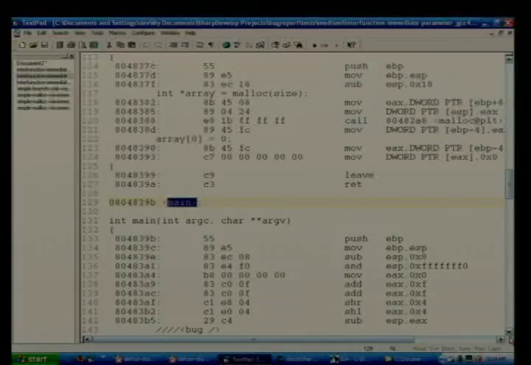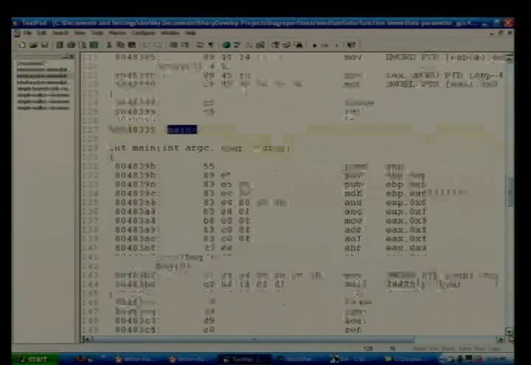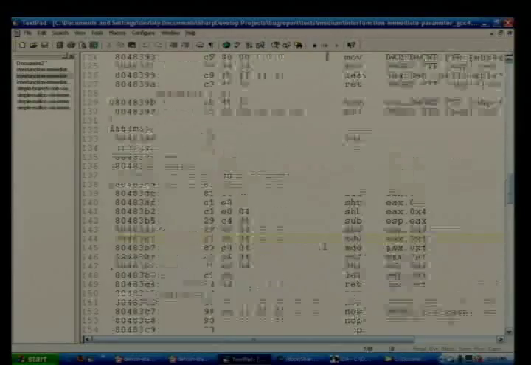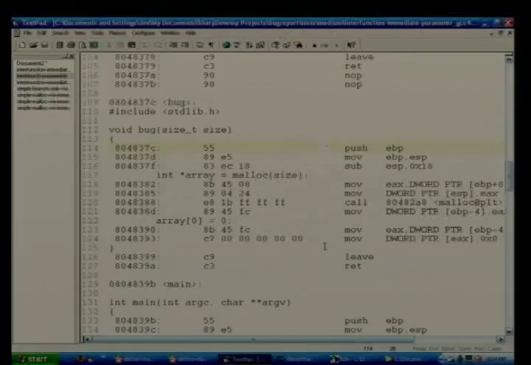All right, cool. So we got a bunch of stacks set up and things like that. It's putting 0 on line 145 there. It's putting 0 in on top of the stack. It's doing the call to bug. Bug is up above. So all we have to do is follow the target of that call, basically,